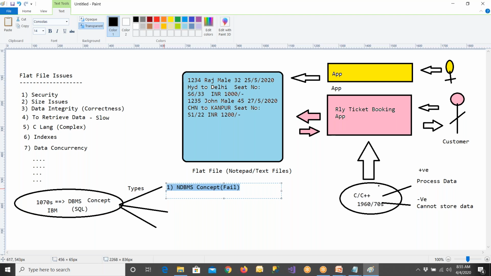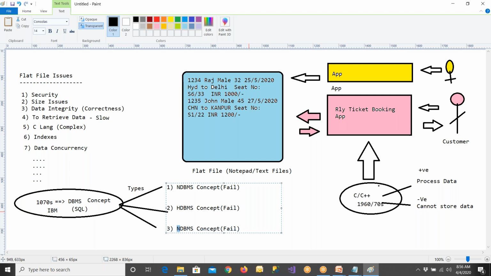For example, I wanted to build a road to my town. So I wanted to construct a road. The road could be a cement road, or a mud road, or a tar road, or any other road. So there are various types you can use. Like that, I wanted to store the data. You can have different types of concepts. One is called network DBMS. The second one is called hierarchical database management system. This is also an utter failure in the market. Clear? And the next one was invented by IBM people only.